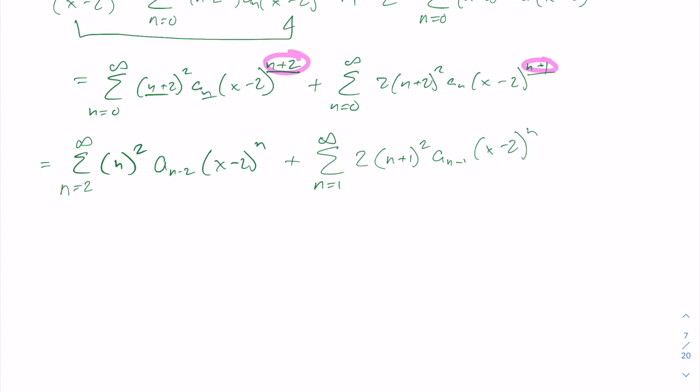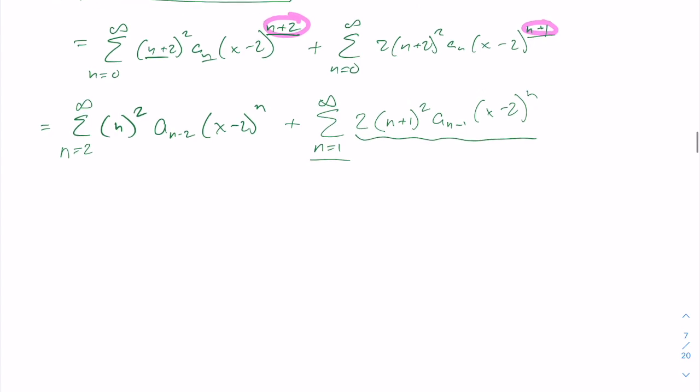Okay, now here I don't really have quite such luck. They start in different places, but when n is 1, I get some stuff here, right? So what I'm going to do is just peel that off. So when n is 1 from that term, I get (2 times 1 plus 1) squared, a sub 0, right? And then I get the exact same two things. n squared a sub n minus 2, (x minus 2) to the n,